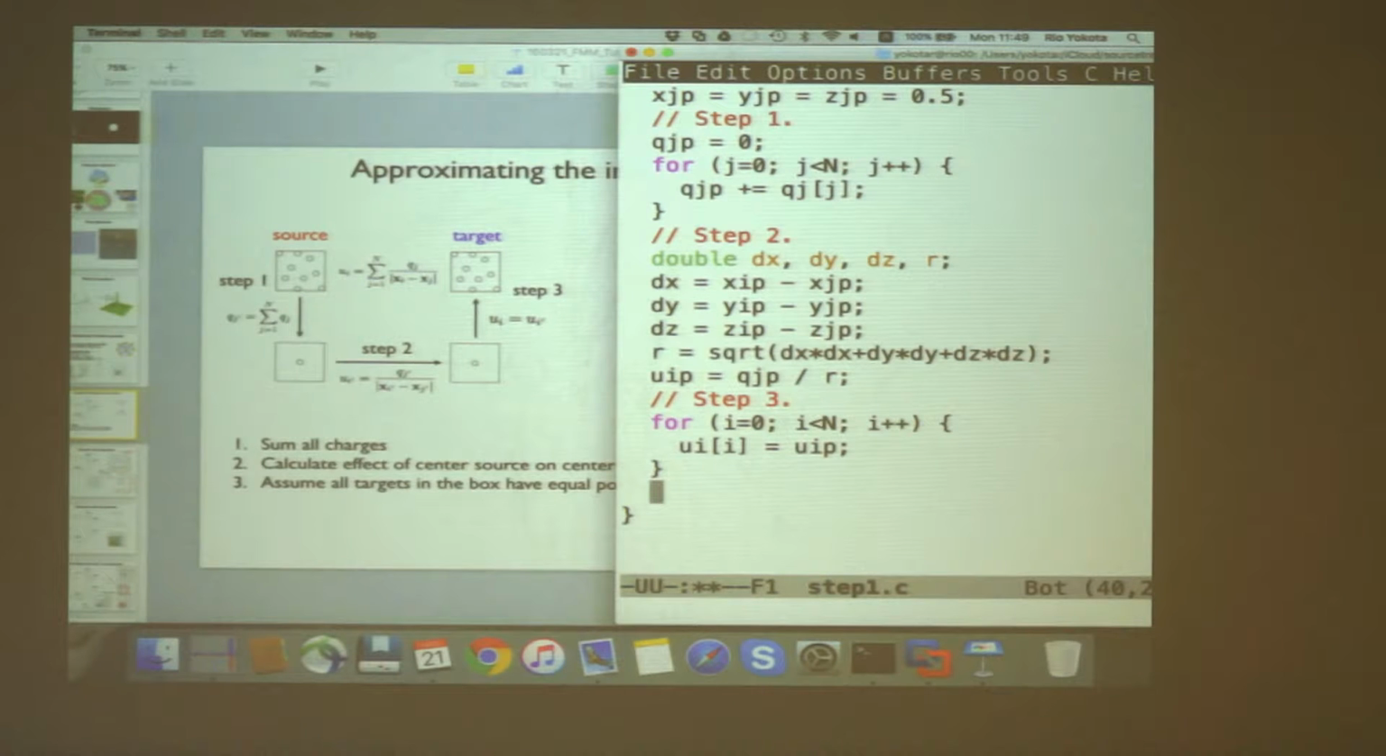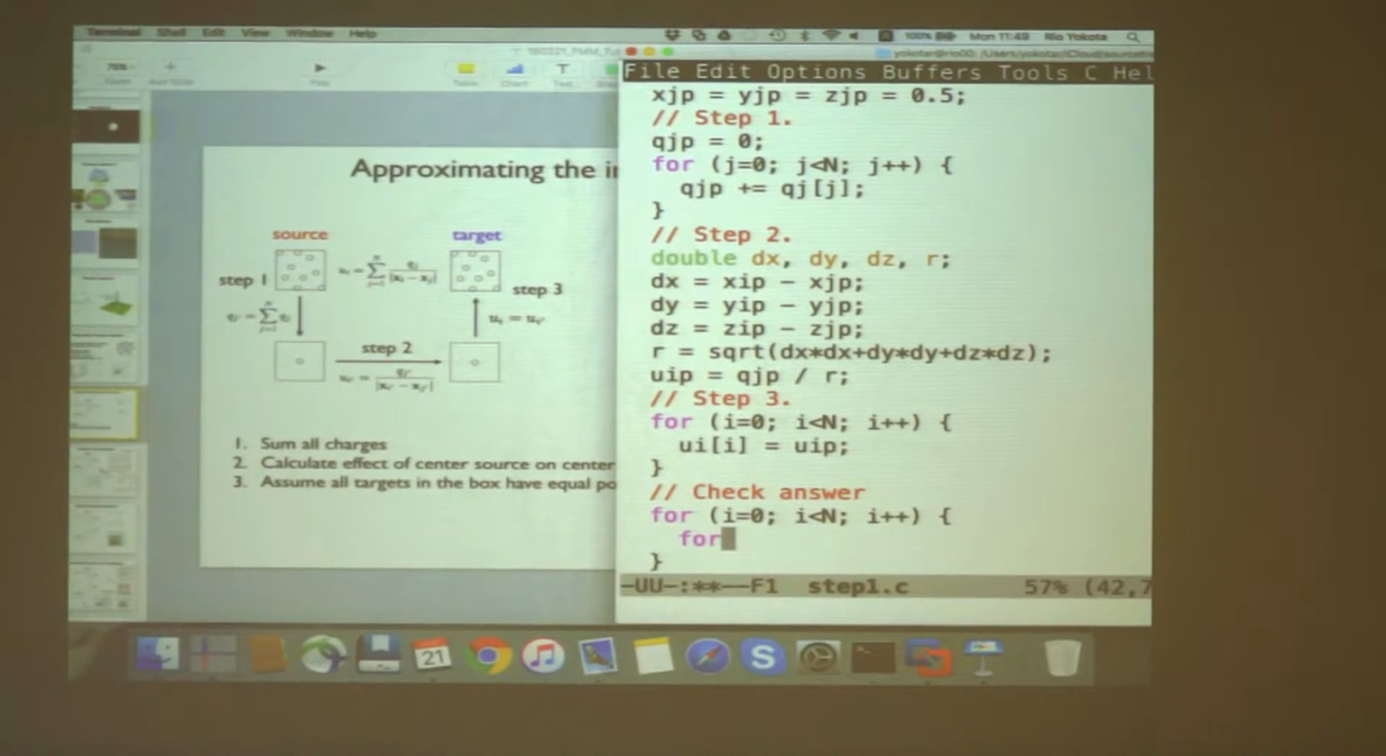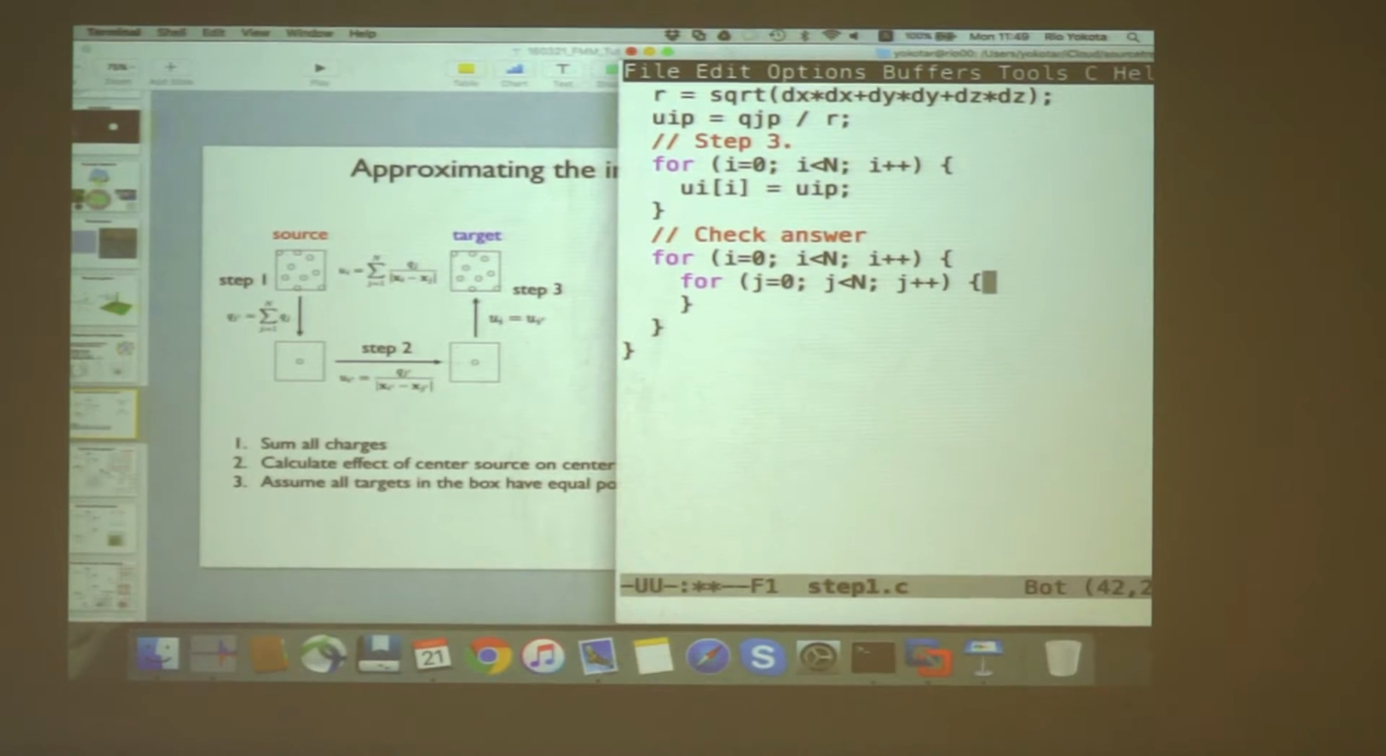And now we need to check the answer by looping over all the points. So i goes from 0 to n minus 1, and we have another loop that goes from j, 0 to n minus 1, and we need to calculate the ui. Let's call this ui direct or something, uid. Okay, so uid, we just calculate that